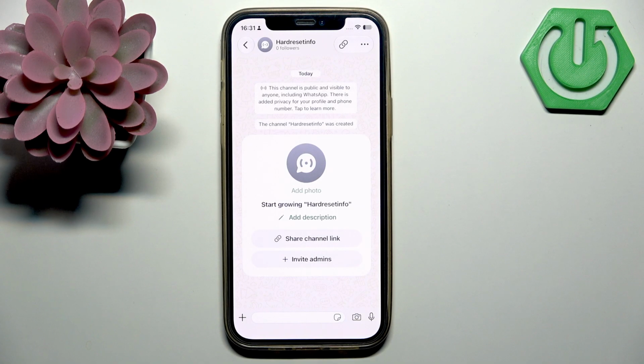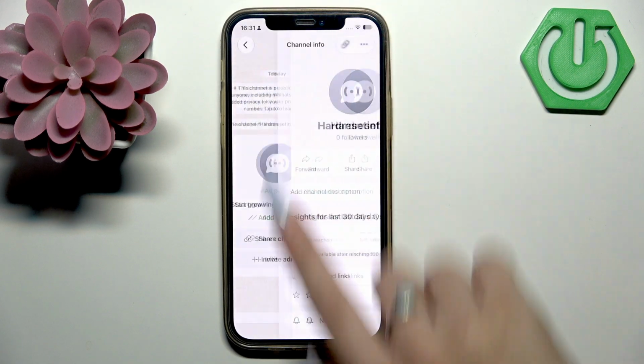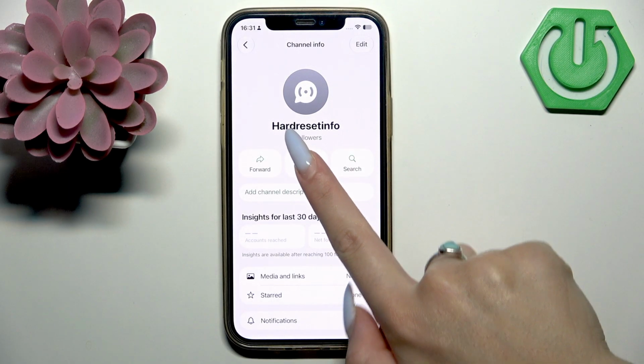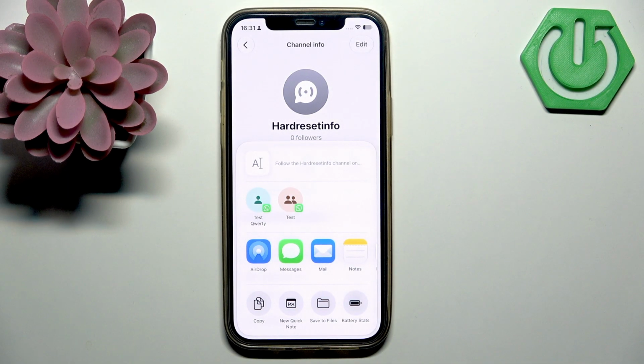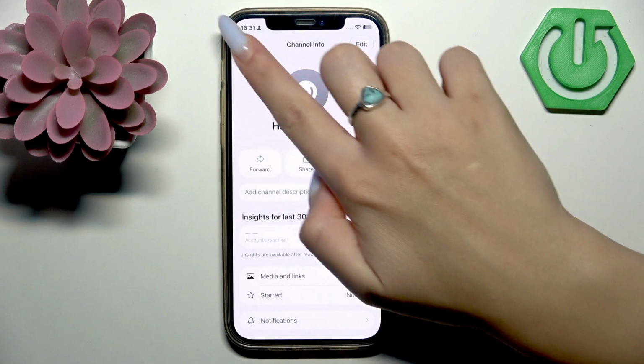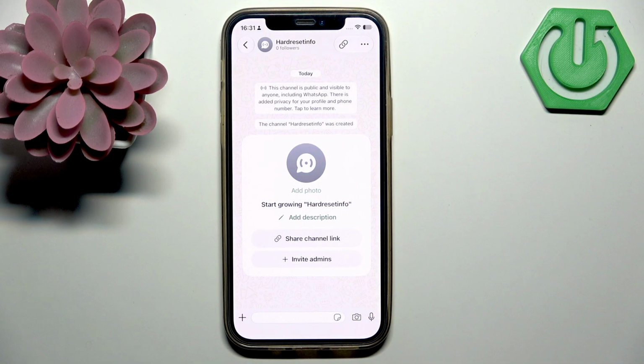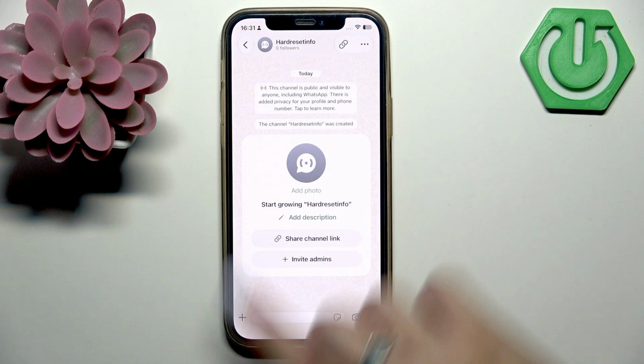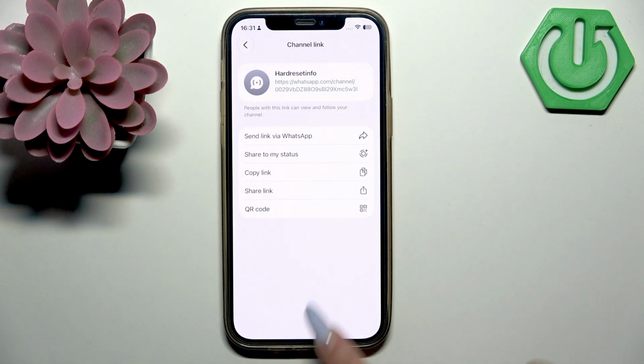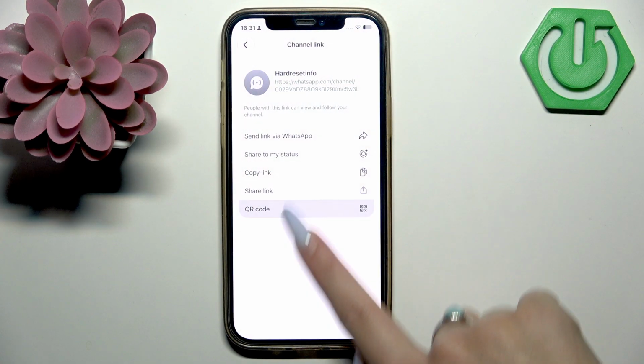So at the top of the screen you should see this link icon. At least on iPhones there is this icon, but if you do not see it, then you have to tap your name at the very top of the screen, and then if you tap on share button, you will see select QR code option. But I have here my link icon, so I will press it, and here I can see option QR code, so I will tap it,